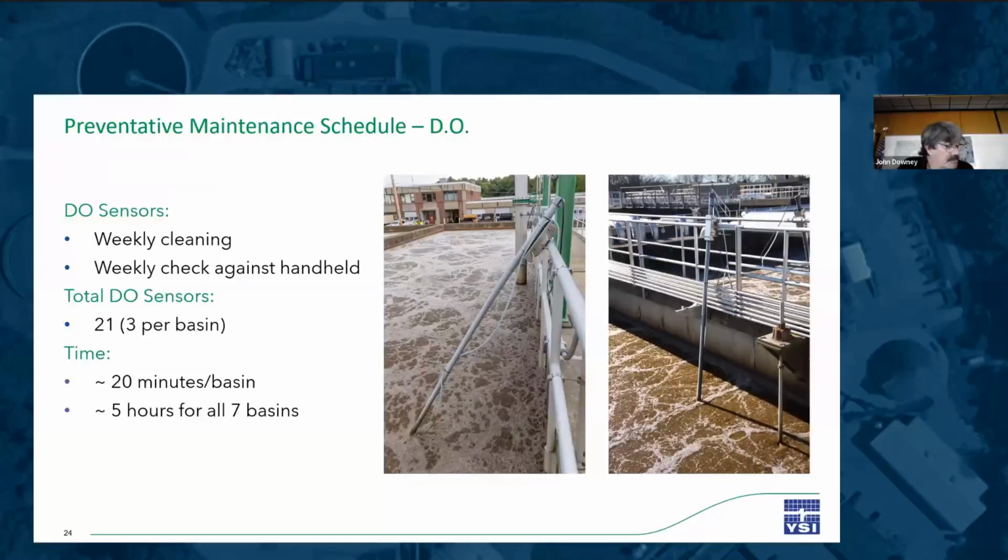On the north side, each dissolved oxygen sensor is placed in hold so that the signal back to SCADA remains static during cleaning. Each sensor gets pulled out of the basin, wiped off with a damp towel, and returned to the basin. It's important to wipe the sensor, not because they collect a lot of heavy solids, because they don't, but to remove any invisible films that may interfere with the sensor function. I haven't run into that here that I'm aware of, but I have seen it over the past 20 years